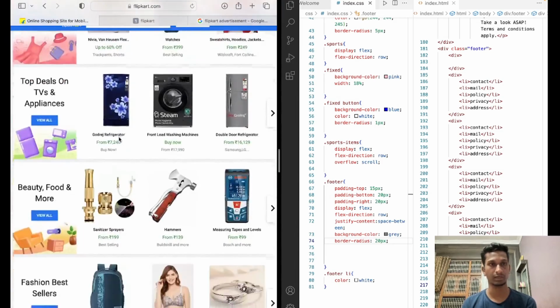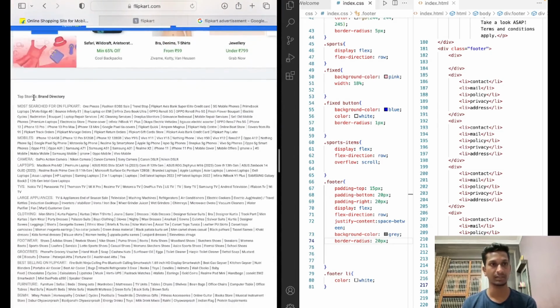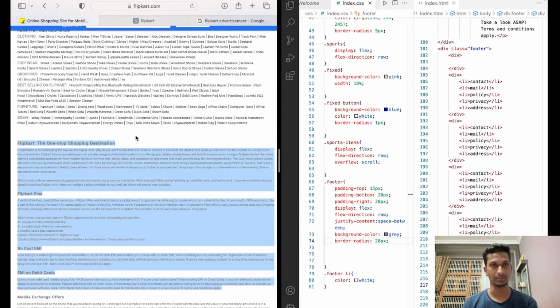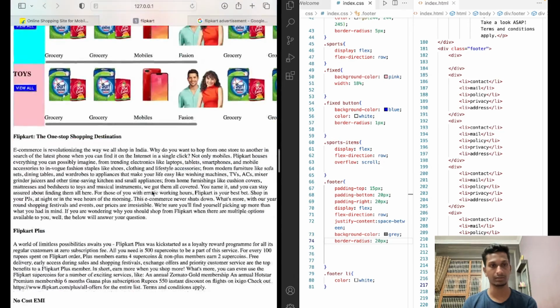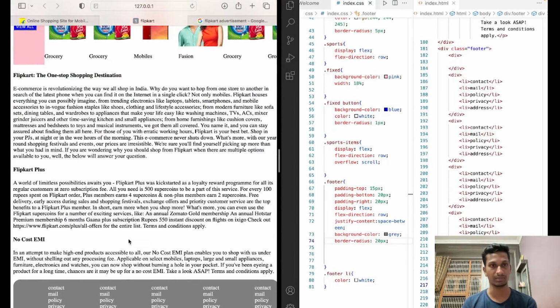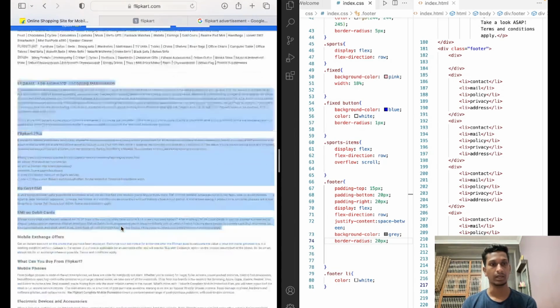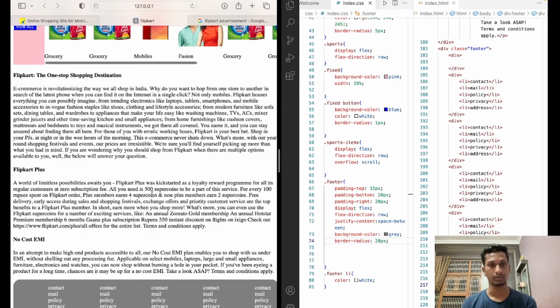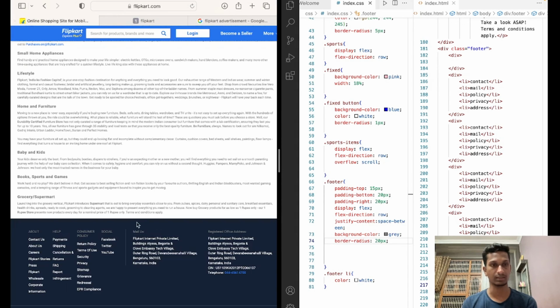And going down after completing the different categories, you can observe the matter that is about the Flipkart website. This is the matter about the Flipkart website. You can observe it in our website also. It is about the information about the Flipkart Plus membership, and the details about no cost EMI. And you can observe the footer section also. This is the footer section. If you want to change the color of the footer section, as it is here dark black or something like blue,